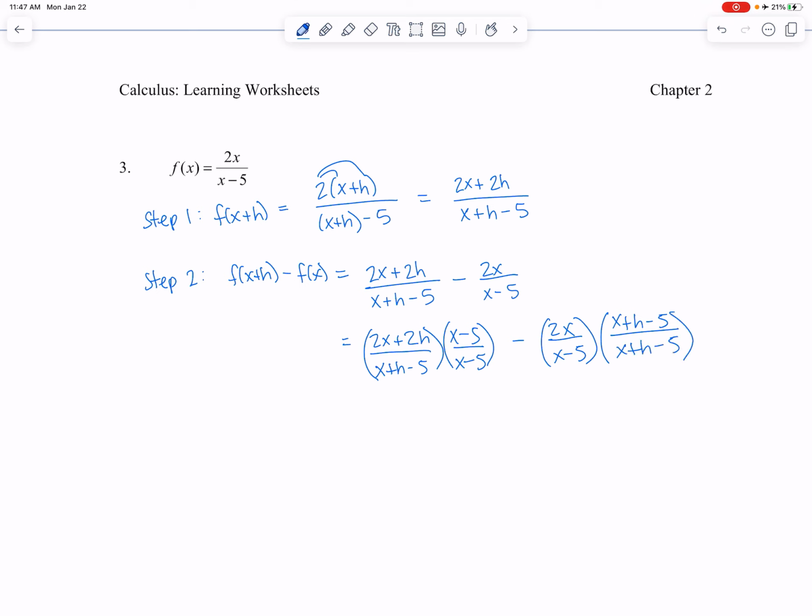Okay, a couple of things. This is going to make sure that our denominators are the same. And also, we need to multiply the numerator and denominator by the same thing because this has a value of 1. Anything divided by itself is 1. So we're not changing the value of anything, but we are making sure that we have common denominators. So if we multiply these things out and subtract, looks like we'll have